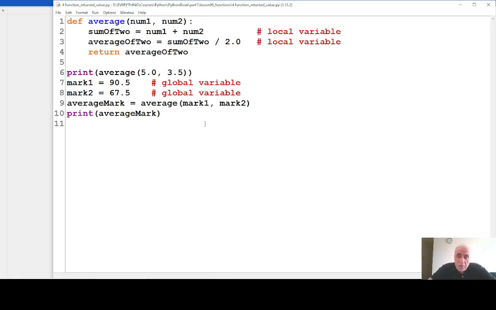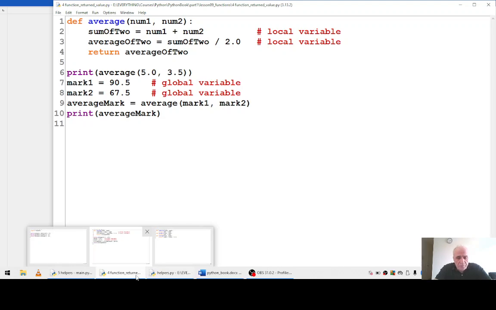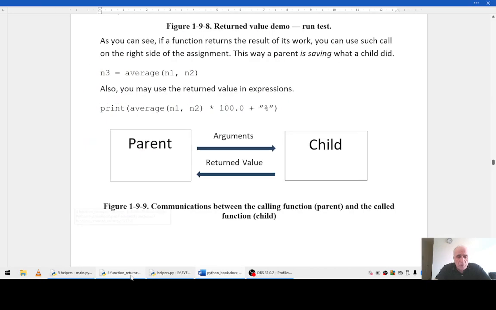We call this source file with a bunch of functions, or just with one function, a module, and modules are super important. You need them all the time in order to keep your project organized. You have to separate. And again, I'm going to show you a very simple example of how a module could be